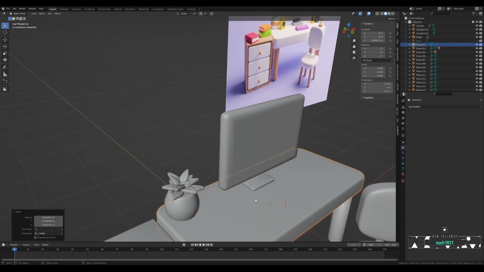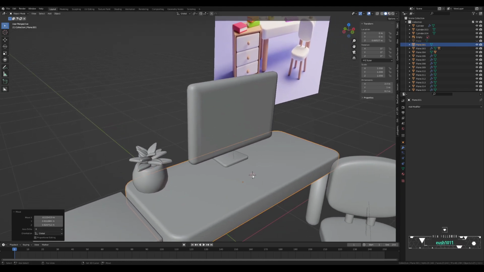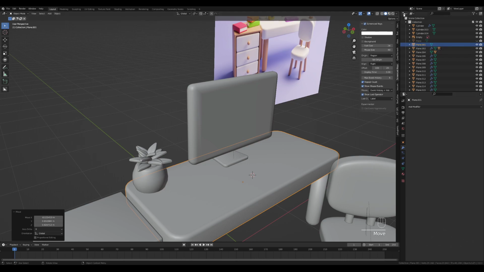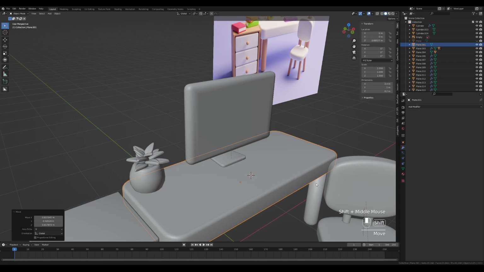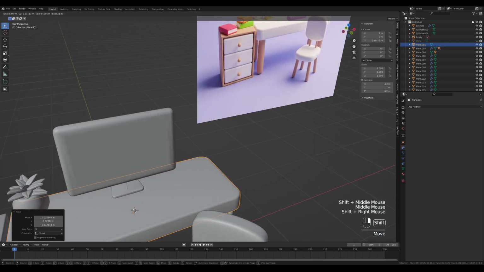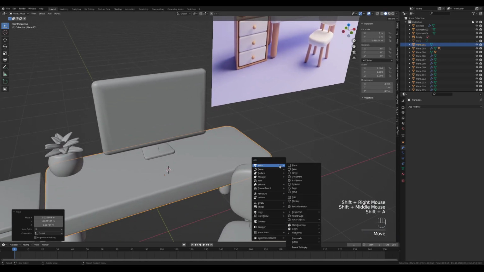Okay, I'm just gonna move my 3D cursor onto the desk. That's shift right click, and let me just enable my hotkeys here. So it's shift right click, and then just click anywhere on this surface, somewhere in the middle, right in front of this monitor. And then I'm gonna hit shift A, plane,